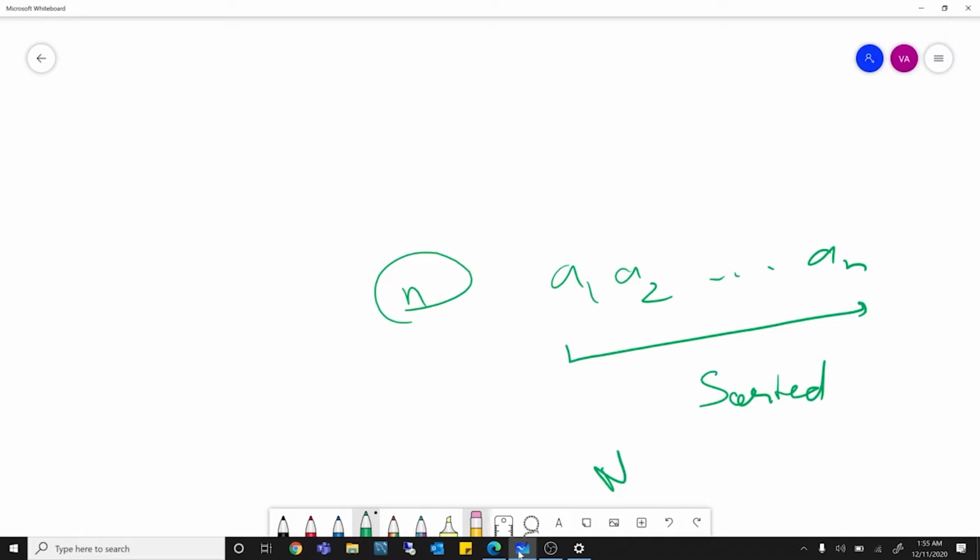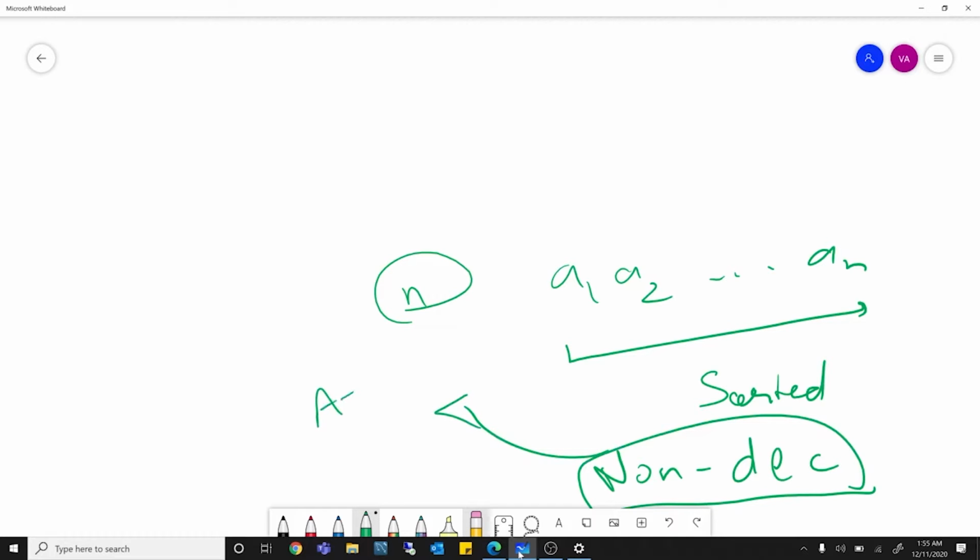Sorted how? They are non-decreasing, which basically means ascending order, or equal as well. That is, two consecutive elements can be equal. They are just non-decreasing, that is, a of i minus 1 cannot be greater than a of i. So, in other words, I'll write it again so that the equality is better understood: a of i minus 1 is less than or equal to a of i. This is the kind of array we are given.